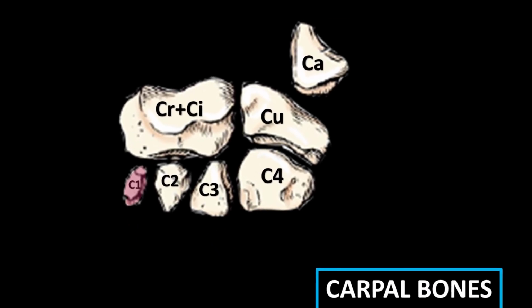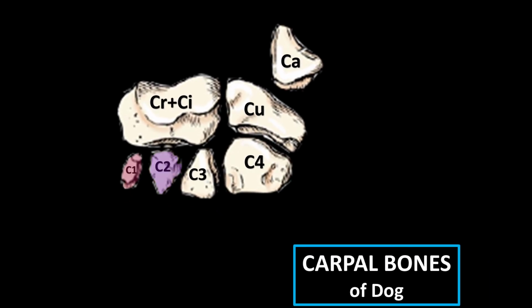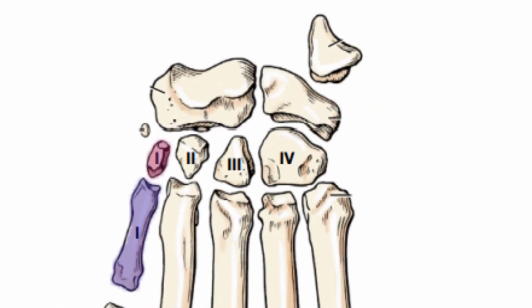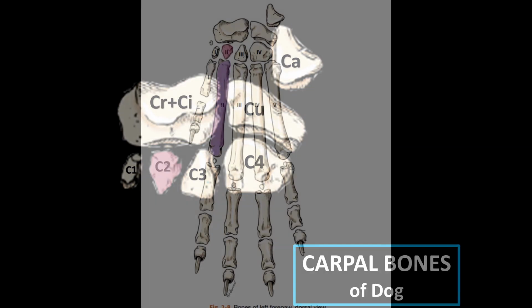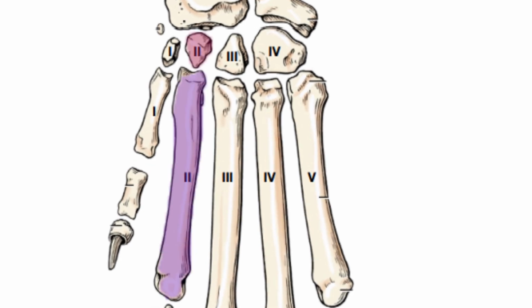The first carpal bone is the smallest bone of the distal row, and laterally it articulates with the second carpal bone, and proximally you can see that it articulates with the intermedioradial carpal bone, and distally with the first metacarpal bone. Now the second carpal bone is wedge shaped, as you can see in the picture. Its upper surface is convex, medially it articulates with the first carpal bone, laterally with the third carpal bone, and proximally with the intermedioradial carpal bone, while distally it articulates with the second metacarpal bone.